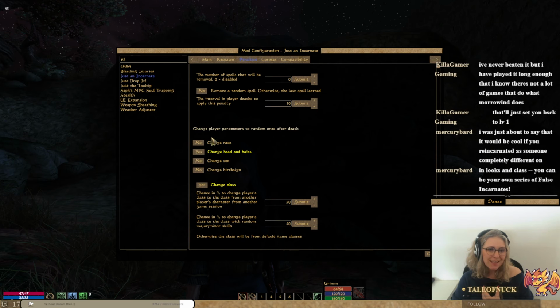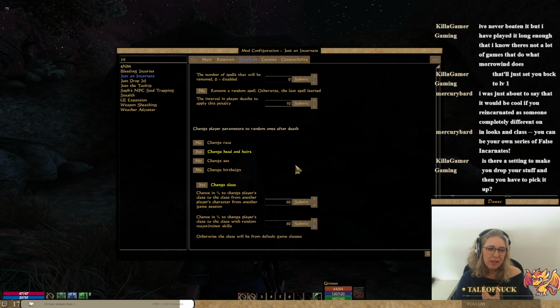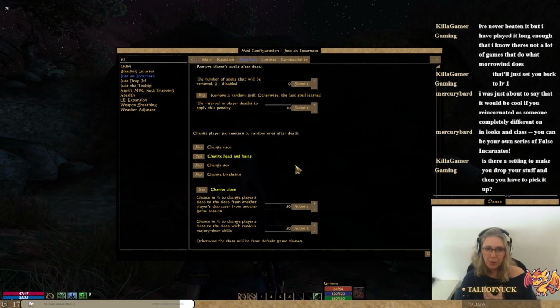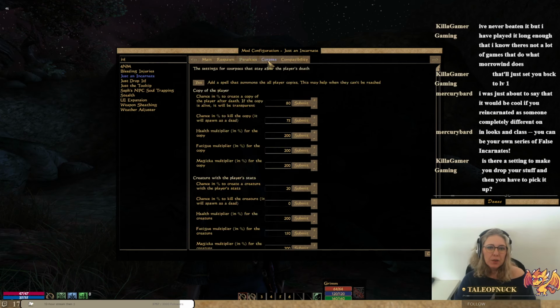Like if all of that is selected on death, you get a full random character creation basically. I'll have to investigate. To be honest, I saw it, I installed it, but I have not tested it. But that could be fun. That really could be fun. So we are a reincarnation, so we say yes, we will find our corpse. Chance to kill the copy, it will spawn as the...